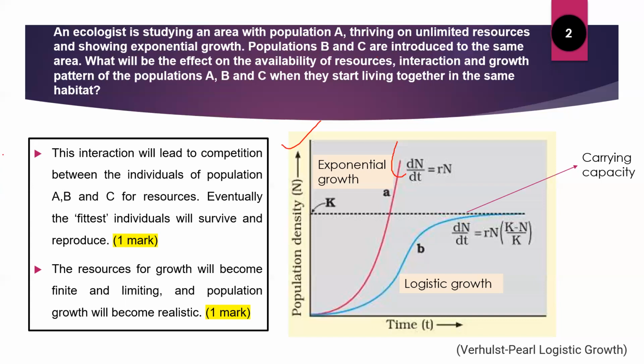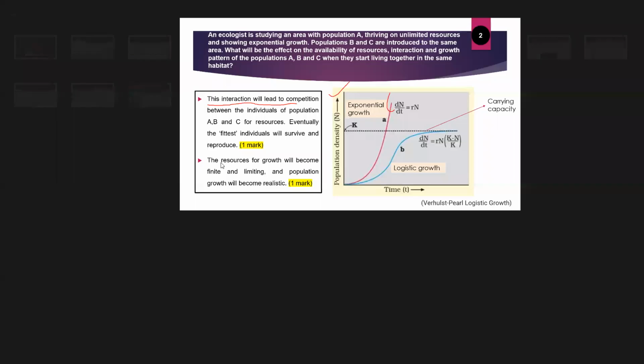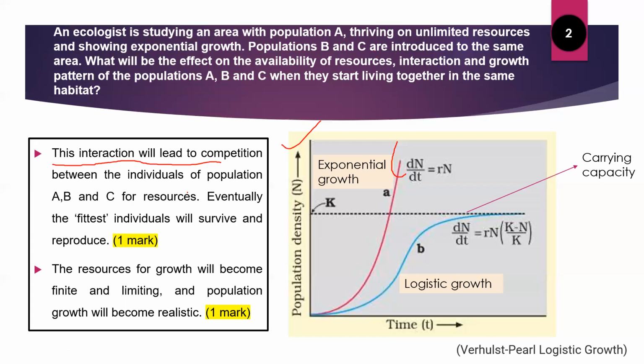So what happens in the first phase? The interaction among the populations A, B, and C will lead to competition between the individuals. And eventually the fittest individuals will survive and reproduce. Now, as the resources become finite and limiting, the population growth will become more realistic. So on final stabilization, it will be like a J-shaped plot turning into an S-shaped plot, that is